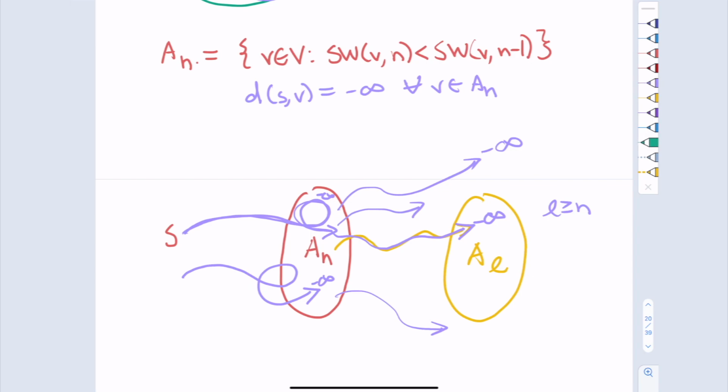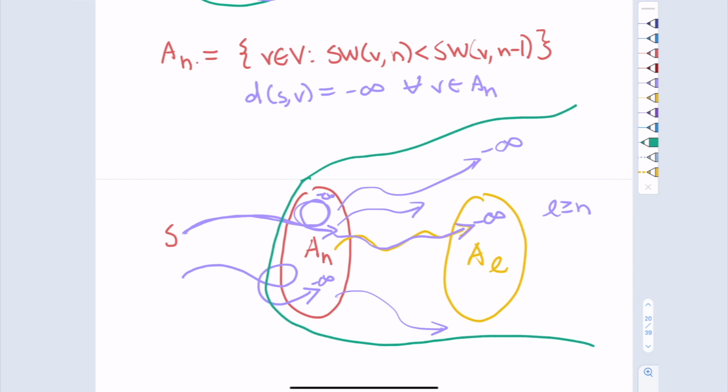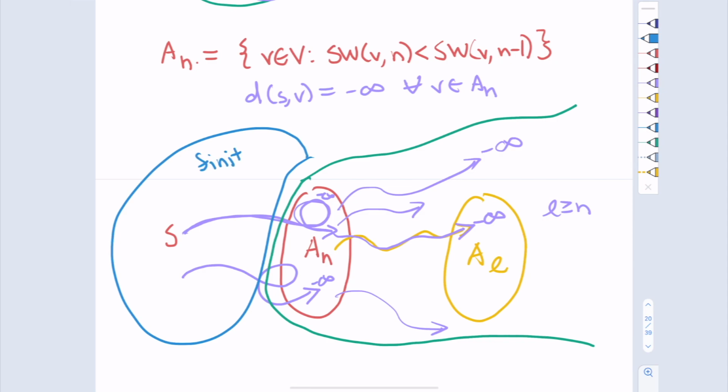Now anyone who can't be reached, right? So let's say here's A sub n, and everyone that can be reached from A sub n, and then maybe the rest of the graph is not reachable from A sub n. Everything here has some finite distance, which is attained by a path. So it's given by the n minus 1 value, which will necessarily equal the n value. Okay. So in conclusion,